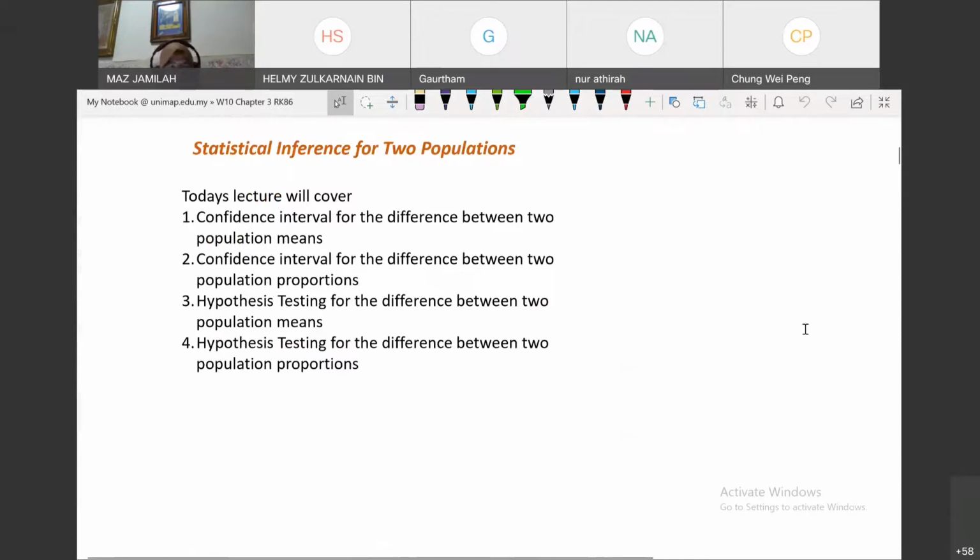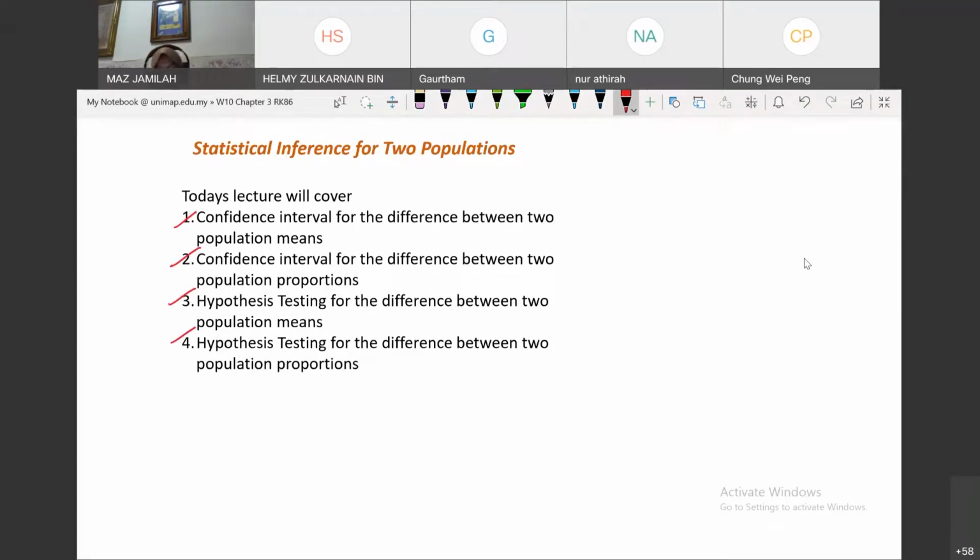Okay, so if we refer to our schedule, the next assessment should be on the 22nd of June, right? So that will be somewhere next week. But due to some reason, some of the lecturers did not finish covering chapter 3 by this week. So they are going to postpone quiz 2, which will account for 20% of your marks. Okay, so I'm going to finish this today, and the last part of chapter 3 will be covered in your